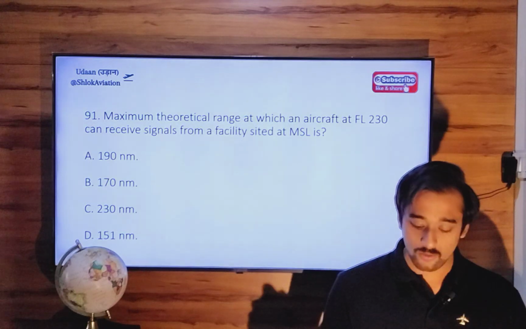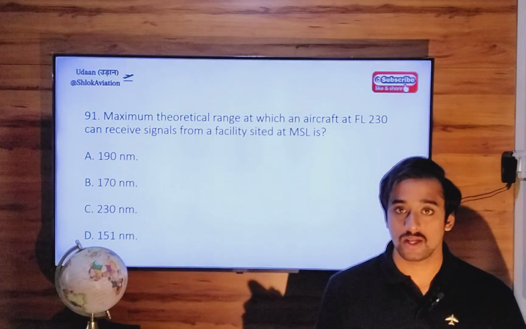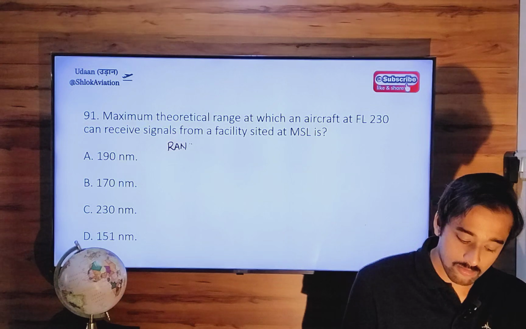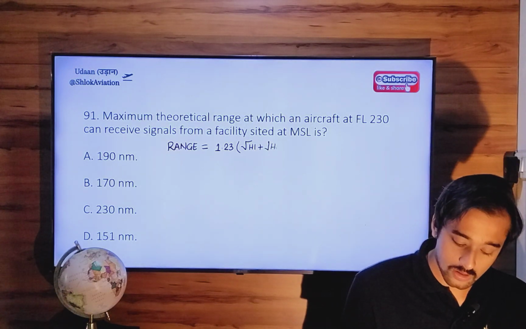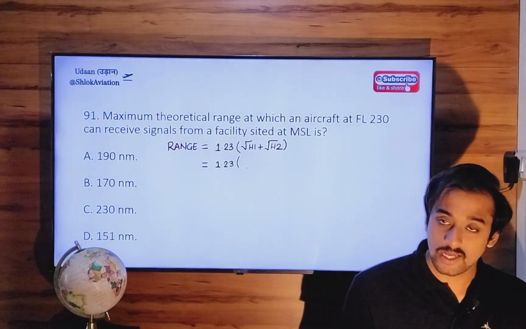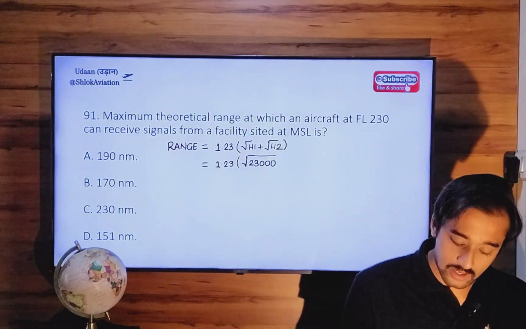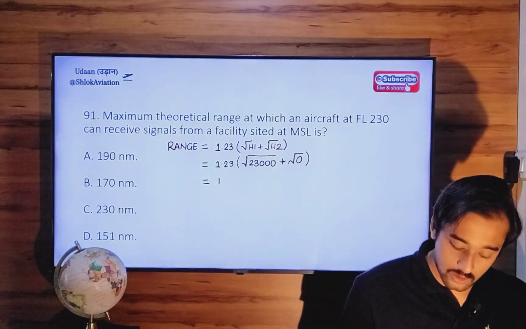Maximum theoretical range at which aircraft at flight level 230 can receive signals from a facility sited at mean sea level is what? So very simple question. Use the formula for range, which is 1.23 into square root of h1 plus square root of h2. Substitute the values: 1.23, put height of aircraft, which is 23,000. The height of the station is 0 since it is at mean sea level. So 1.23 into square root of 23,000